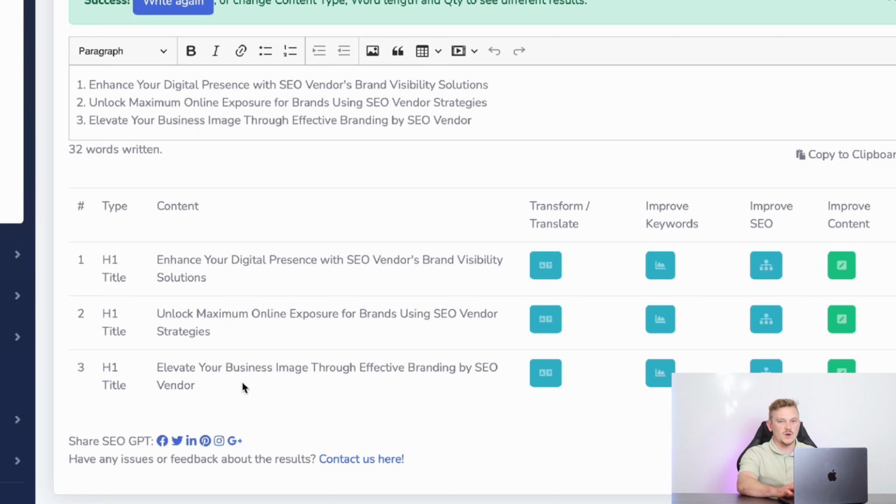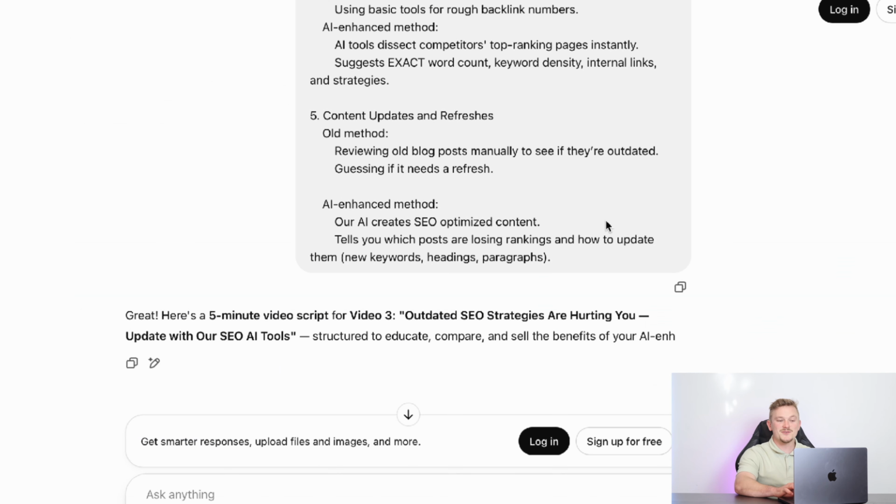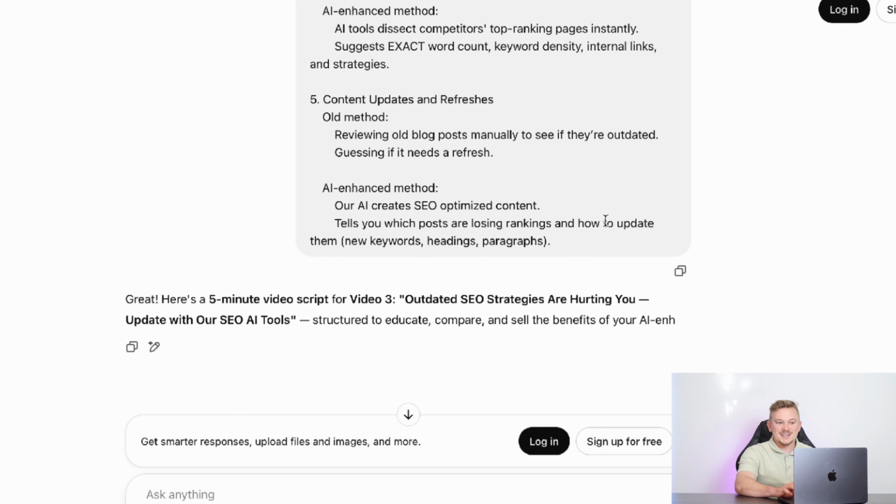Okay, now let's go back to our blog, and this is how I'm going to finish with number 5 on the list, the last one. So while we go back to our article we just wrote, a lot of the old methods is just reviewing old blog posts manually to see if they are outdated or not. There are some tools that you can use to see if they are outdated, or you are guessing if it needs a refresh because it probably isn't working for you. It's done being written, and you don't need to guess anymore. You don't need to manually review anymore. You can see that it